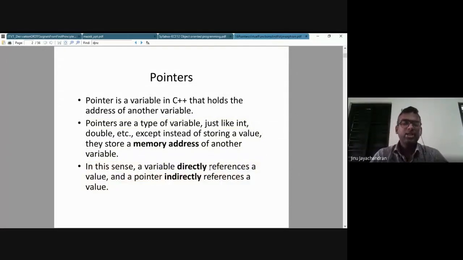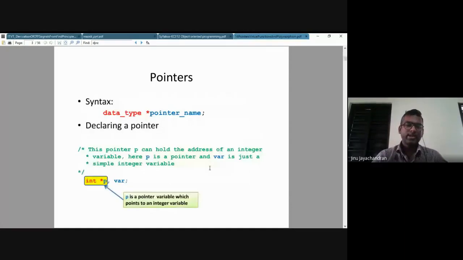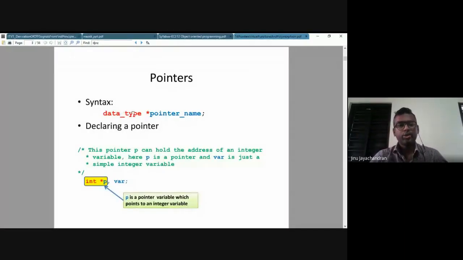When you say int a equal to 20, you're actually directly accessing the value. But when you say star ptr, it actually means that you're indirectly trying to access a value inside another memory. So the syntax of a pointer is something like this: data type, then star, then the pointer name.